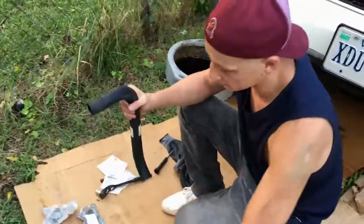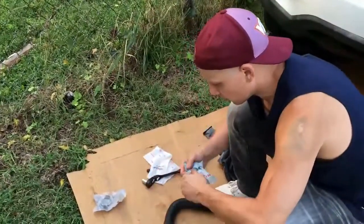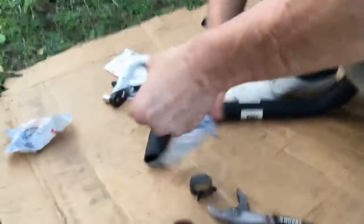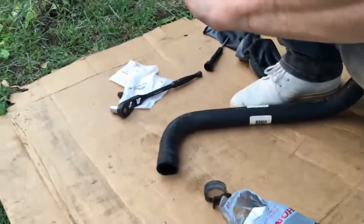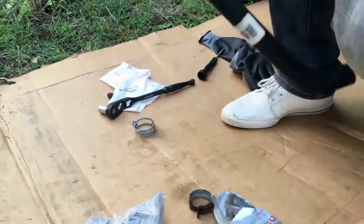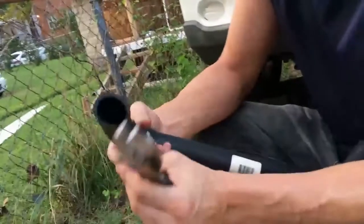This one is pretty rusted out. Top ones typically don't rust as much, and I know you got the splash guard on the bottom that's supposed to help prevent water and stuff from getting in, but it's going to get in there. So we'll go ahead and get these new clamps all set up for our